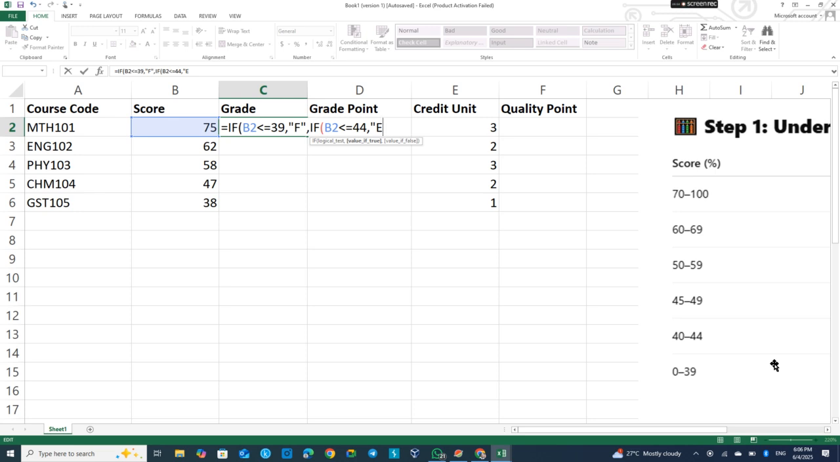from our grading system. Then you put a comma again, then you put another IF, open a bracket, then you put the next one. The next one is from 45 to 49. So we are going to make the formula go with 49. That's the highest part of the grade point for that range. So that will be, if it is less than or equal to 49,